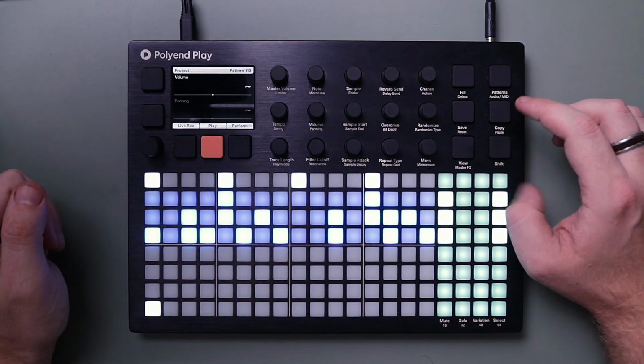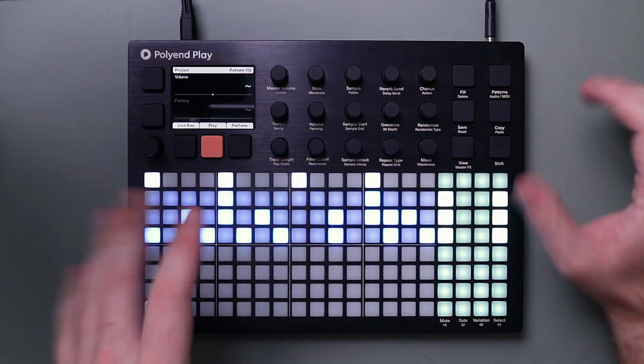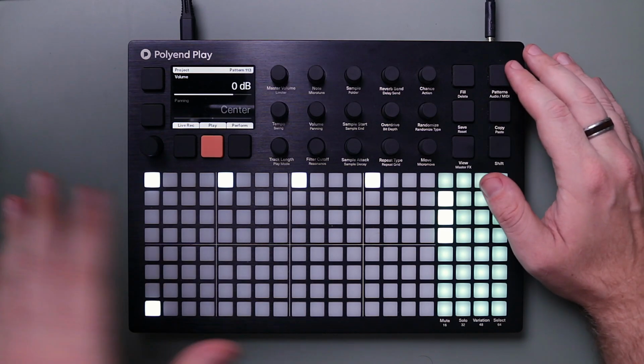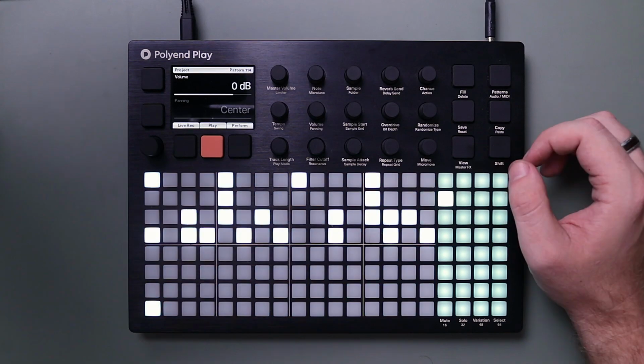So what I'm going to do is delete that because I don't want to be fiddling around with the mutes and the soloing. This one we're going to play live. We'll talk about live playing with the other blocks. But if we come back into the pattern, we'll go into the second part. So with this second block,